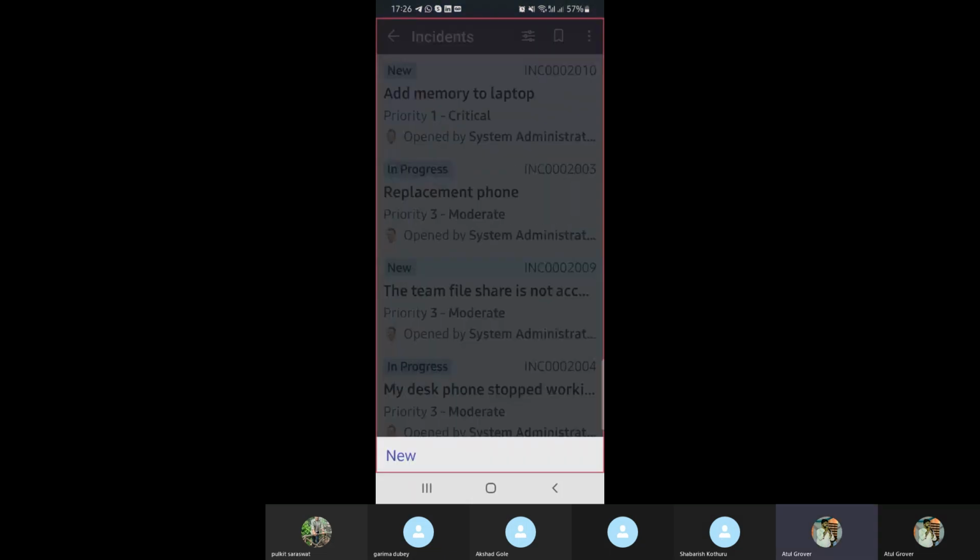So now you can see this new button, right? On the screen. From where is it coming? It is coming from these three dots here. When I click on the three dots, it opens, and this is called the functions. So if you want to update, delete, or close something, then we use this particular